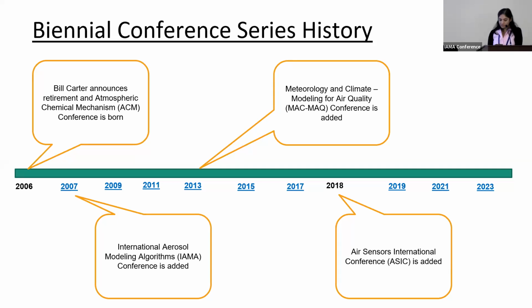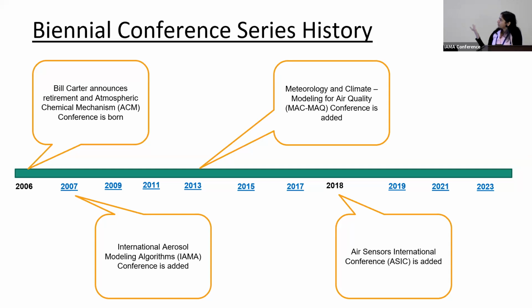The main justification for starting these conferences is to support the underlying science used in the state implementation plan process, which hinges upon the photochemical modeling to assess the emission reductions that are needed to attain ozone and PM2.5 national ambient air quality standards. Of course, there are other components that are important to photochemical modeling beyond what is covered at ACM and IAMA, with the most important being meteorology and emissions. While emissions inventory can be a sensitive topic, meteorology is not.